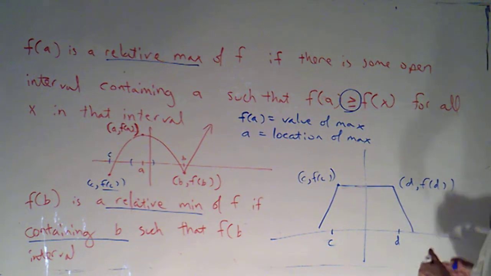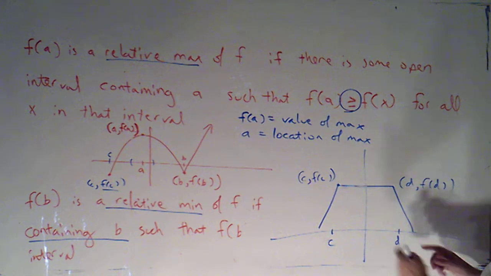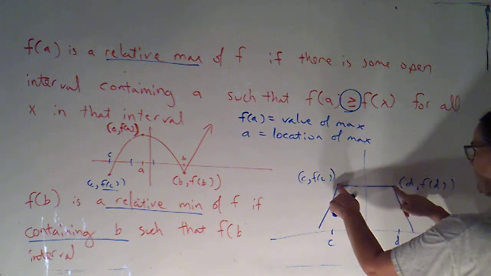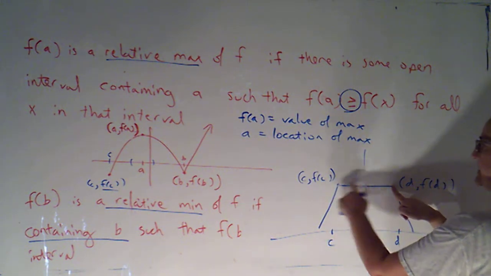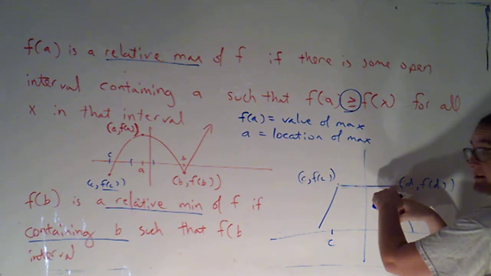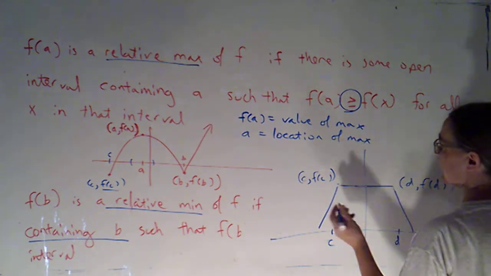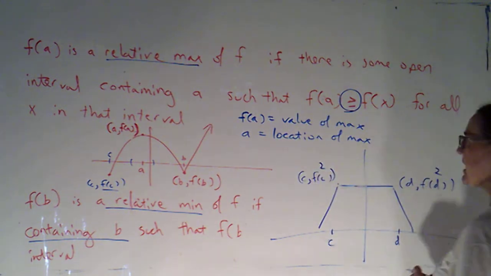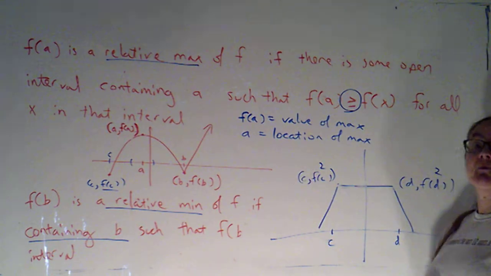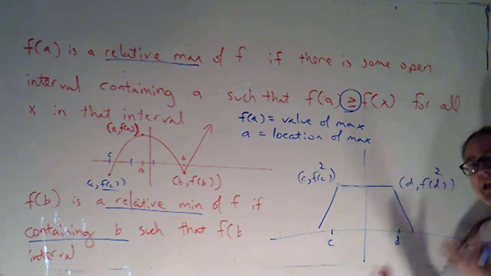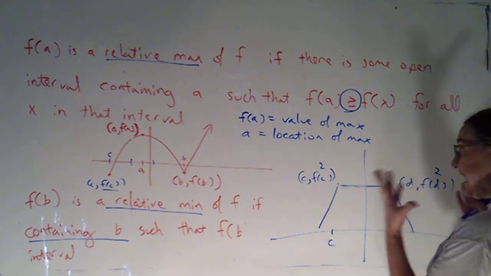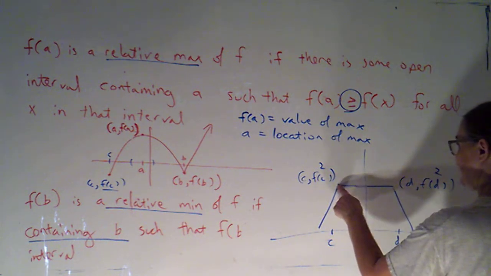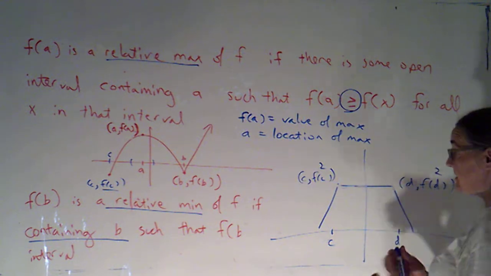Every single point between here and here involves a relative max. The y value is exactly the same. Let's just say the y value was 2. So I would say 2 is a relative max. The location of that relative max would be every x value in between C and D, including C and D,